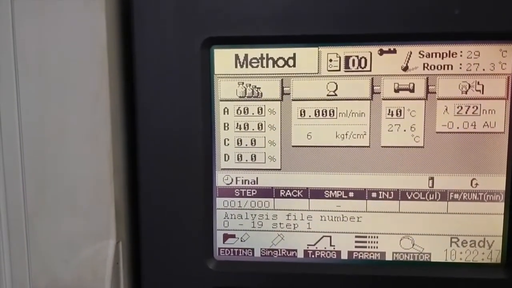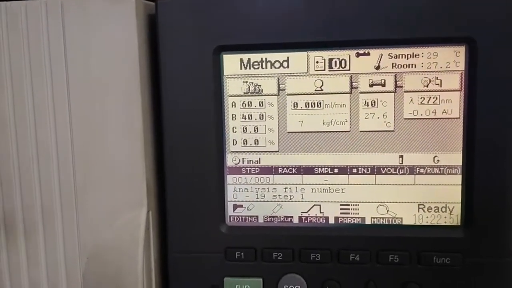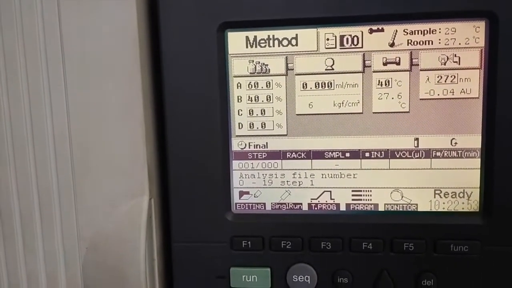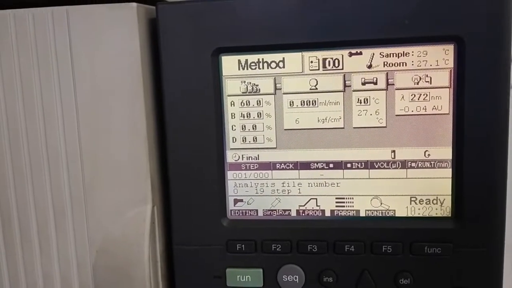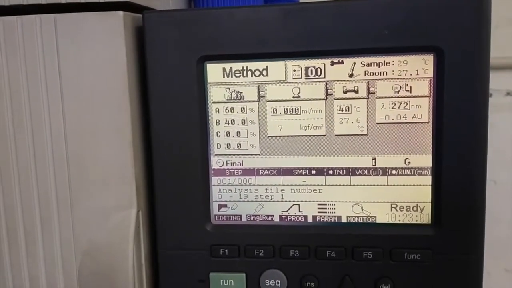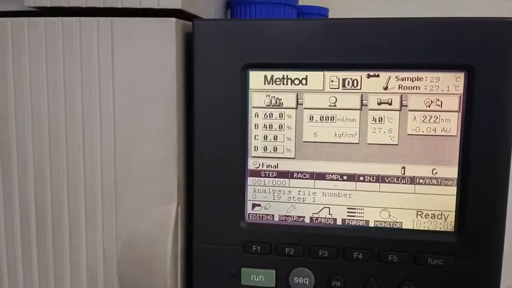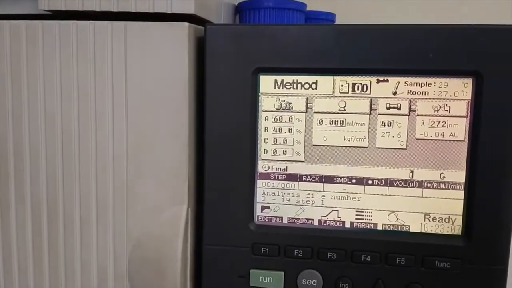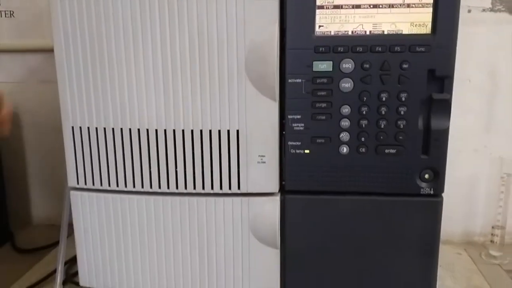Likewise, you have to set the ratio of your mobile phase. Here A, B, C, D, the 4 lines are available. So as per your need in the method of analysis, you have to set the flow rate. Here we are setting 60-40, in A line 60 and 40 for the mobile phase composition.